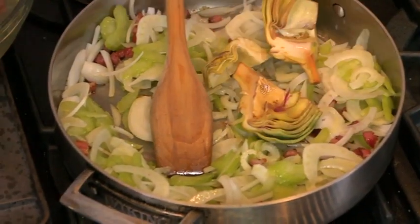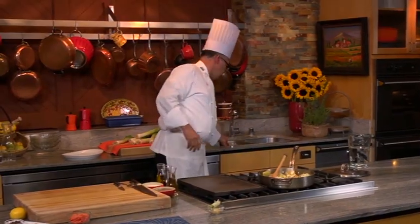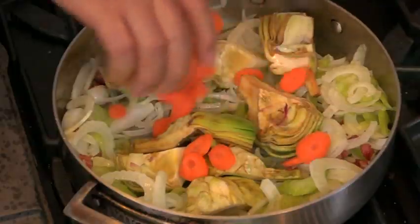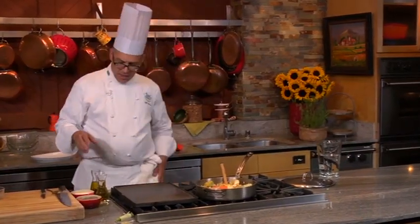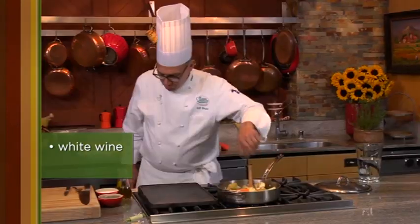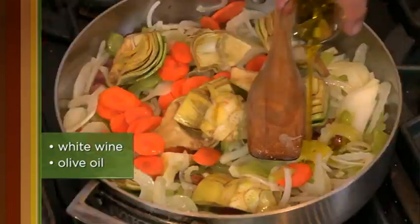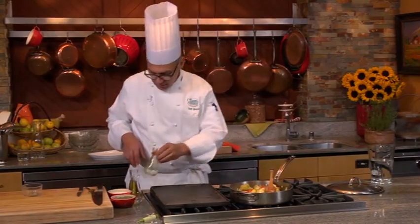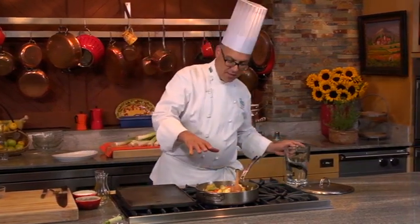And I'm going to add them to this pan. I'm going to add the carrots that I have sliced up. And we're going to braise this in white wine, and that'll provide a little bit of acid. And we're going to braise it in olive oil, which will provide richness. And don't be shy with the olive oil. And then we're going to introduce a little bit of water, but not until the wine has a chance to